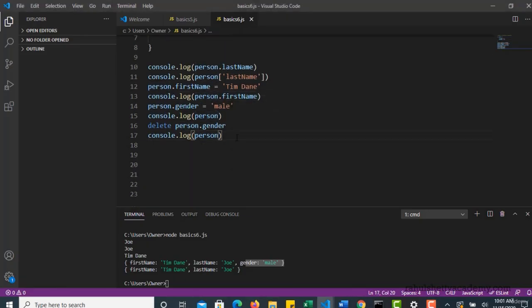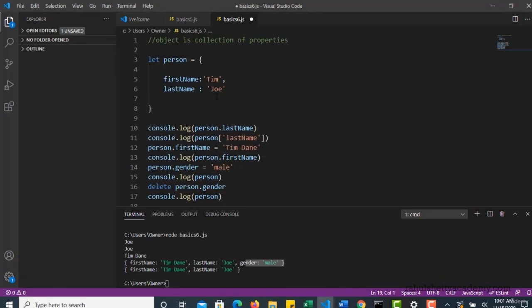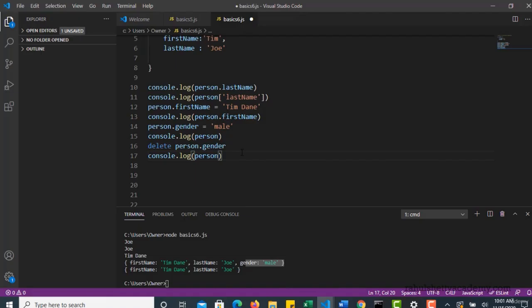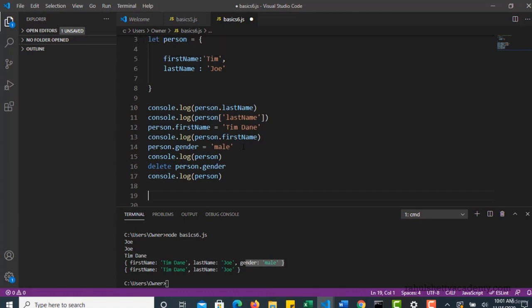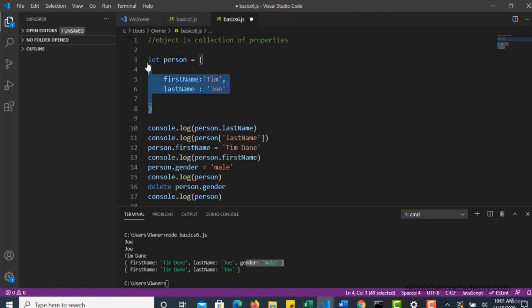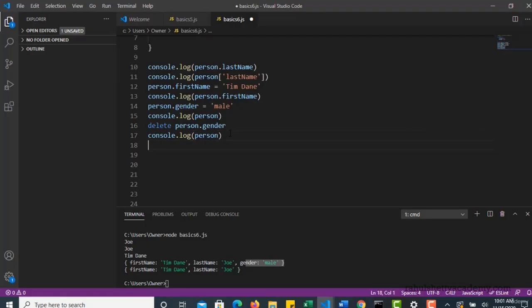Sometimes you will try to add these properties and finally you will check if that exists, do this way, if not, do another way, right? When you are doing real coding, you will come across a situation where you need to check if a property exists. So in that case, it's very simple, guys. If you want to check if gender exists in that object, you can simply say gender,